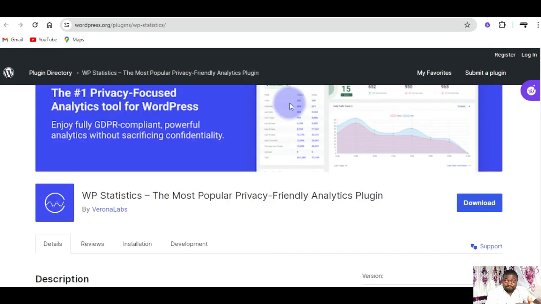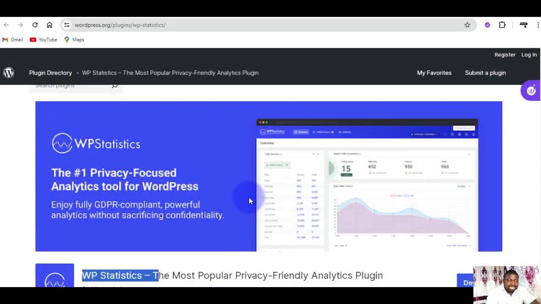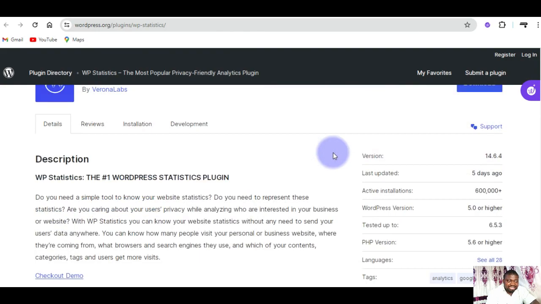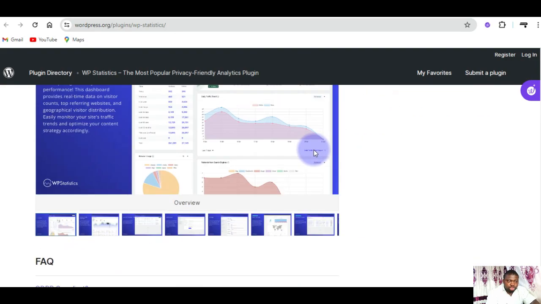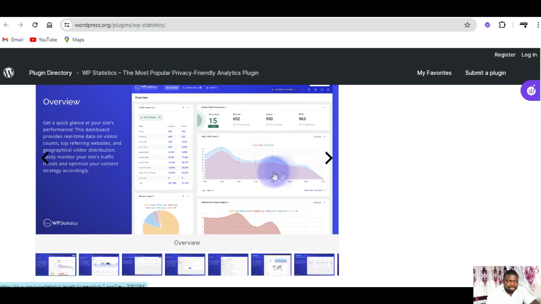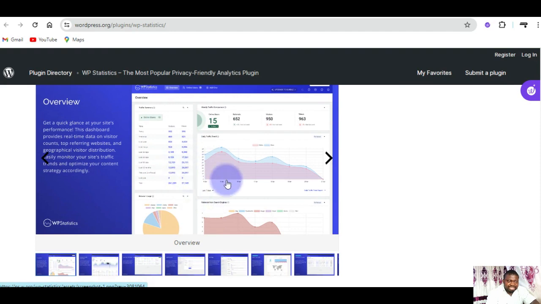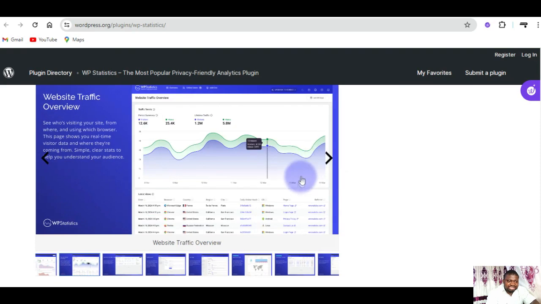The next WordPress plugin is a plugin called WP Statistics. Looking at WP Statistics, as you can see here, it will give you an overview of the stats of your website, as well as the traffic flow and the country from where the traffic is coming from. Looking at this display result, you're going to see an image that looks like this once installed, and you can easily see analytics of traffic inside of your site, as well as the country from where the traffic is coming from,